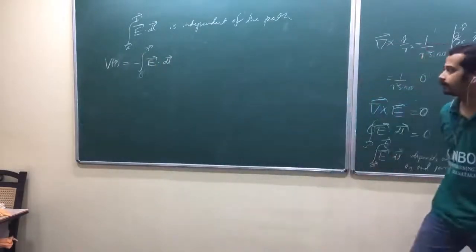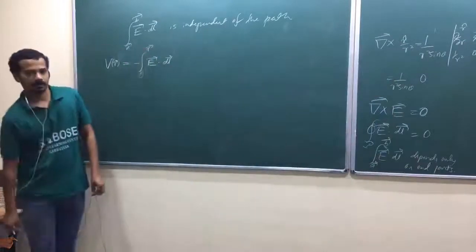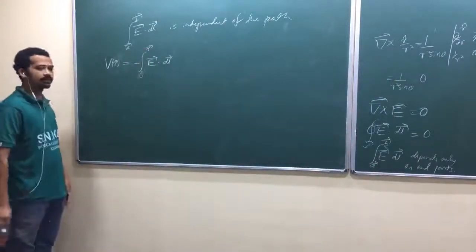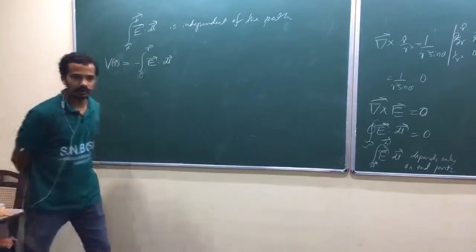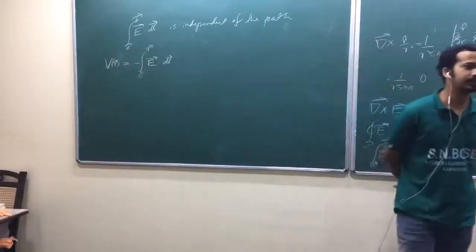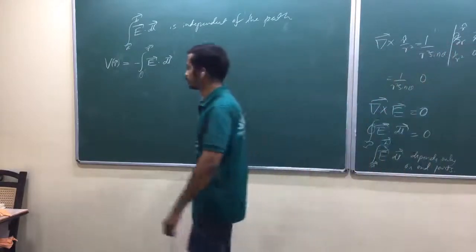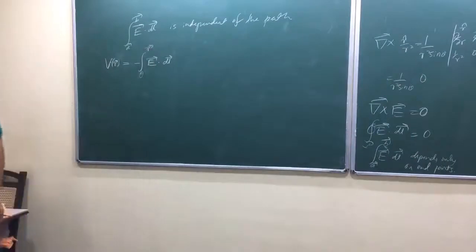Okay, let me explain why we are going to put that negative sign and all. This is the definition of electrostatic potential, and the question is, what is that reference point? There will always be ambiguity with it. It's not a unique statement. Electrostatic potential doesn't have a unique definition.